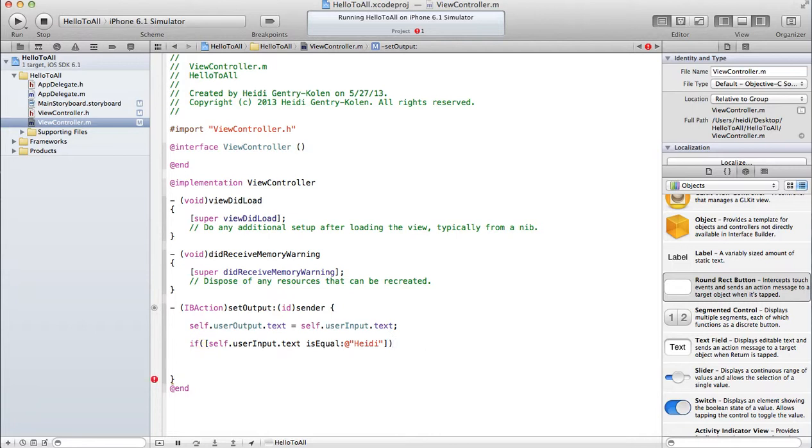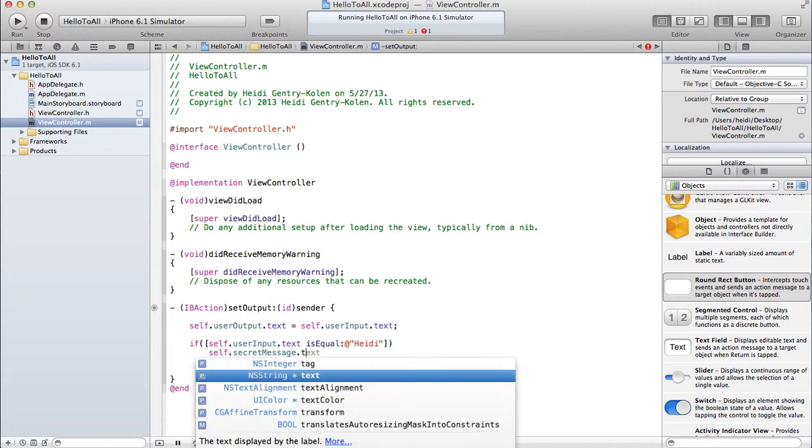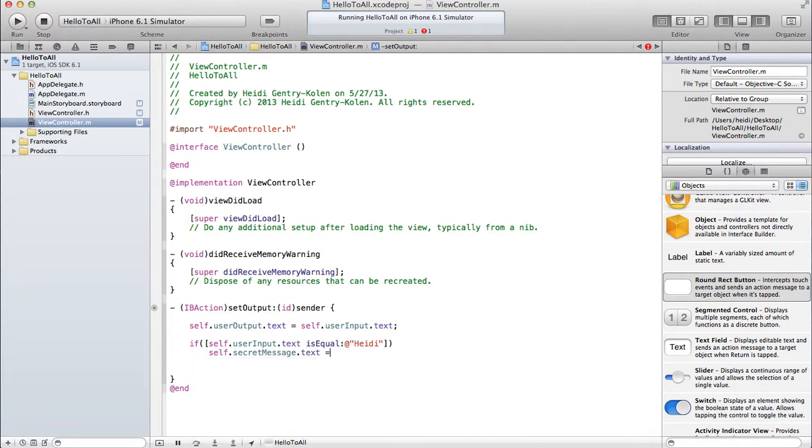And if whatever the user entered into my user input box is equal to Heidi, now I just want to print something out within my secret message box, or label, pardon me. And again, don't forget that in Objective-C, strings begin with the @ sign.